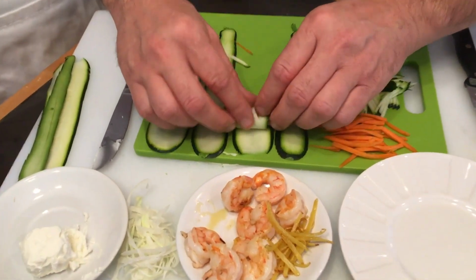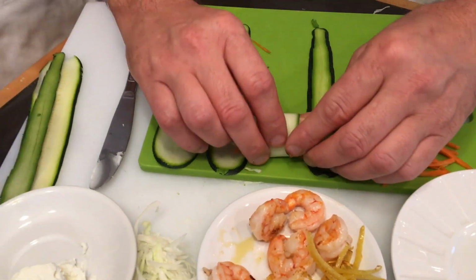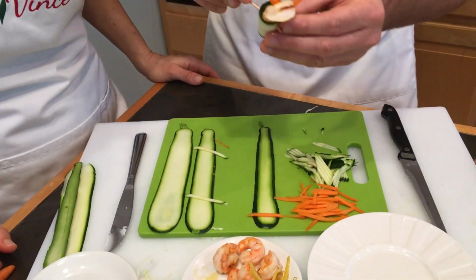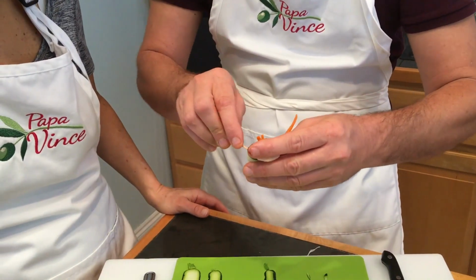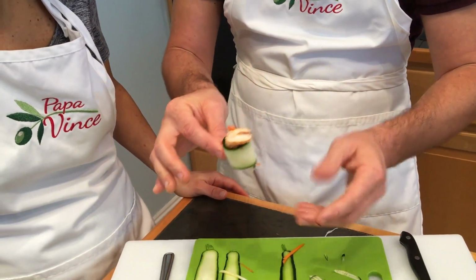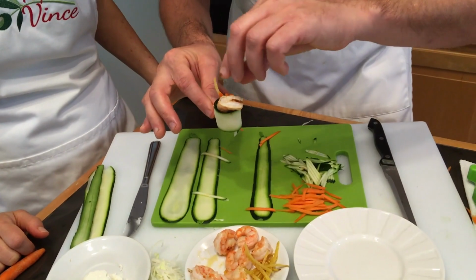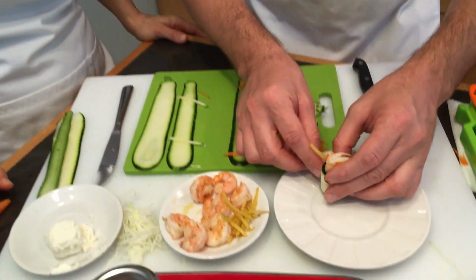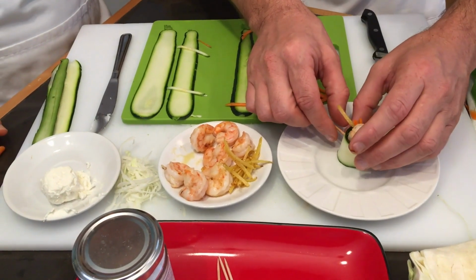Roll, then I need a toothpick. There are the toothpicks. Okay? Put the toothpick here, so you hold the shrimp. You see? Look at that. We have some lemon that you can just put on top, or you can put inside if you prefer, because some people don't like it, you know what I mean? Okay. And then you just keep it like this,